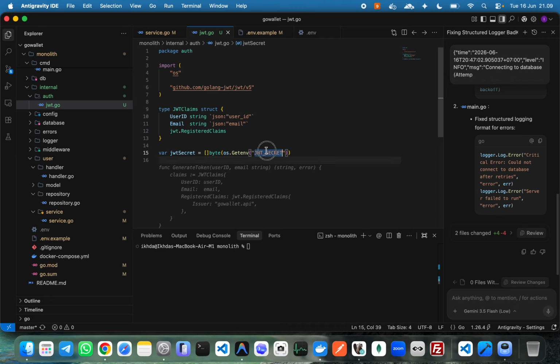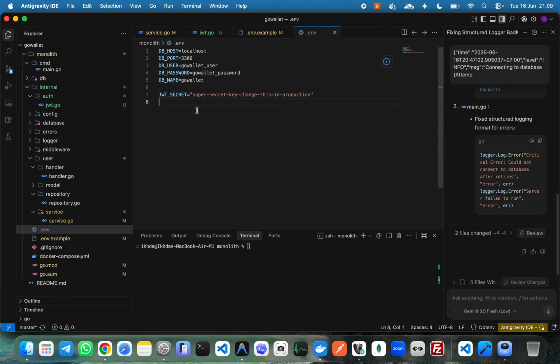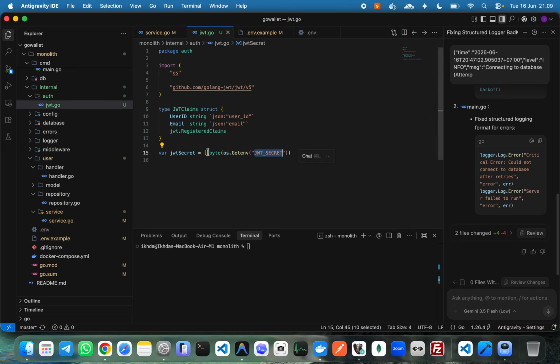we cannot do it like this. If for example this one, we cannot just go with this. This is very bad, so don't do this. Yeah, this is very bad, man. This is very bad, so don't do this. Okay, we go with the os.Getenv,